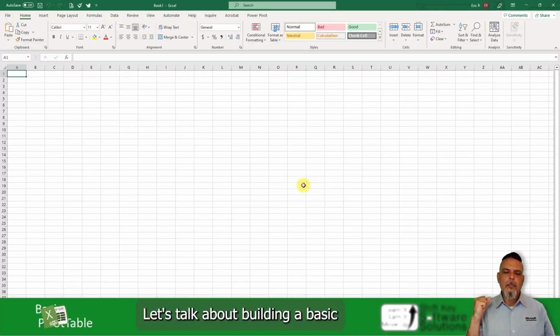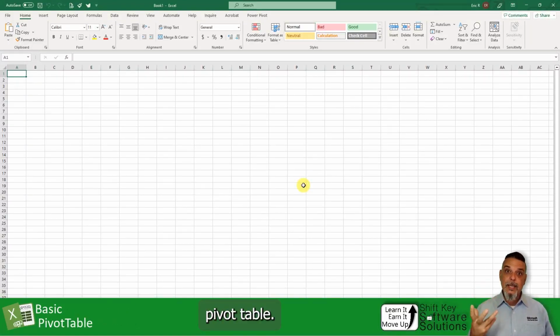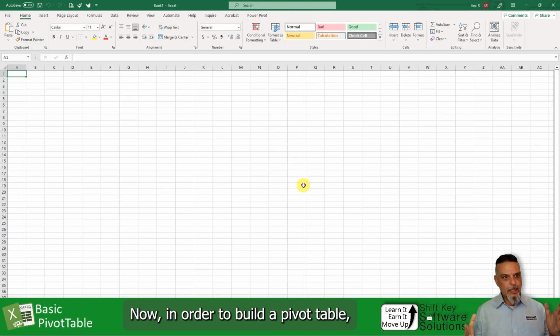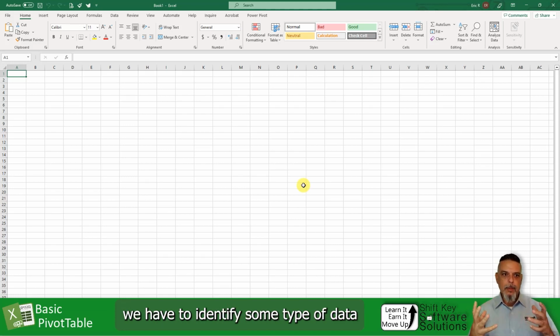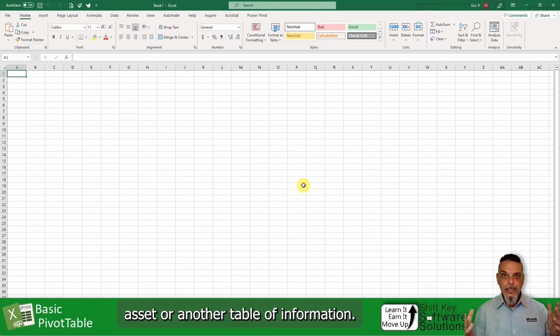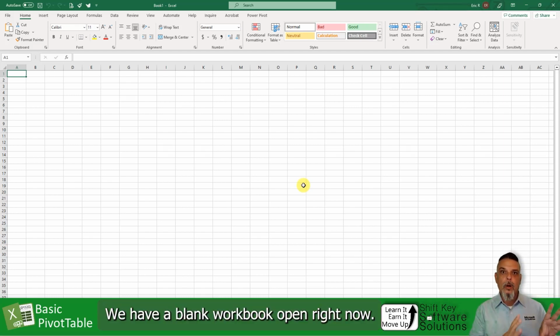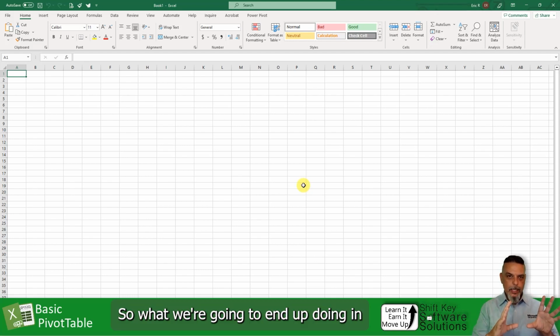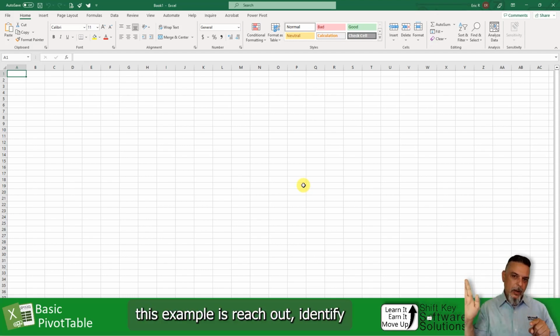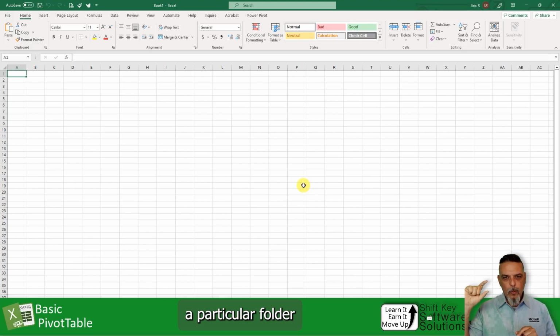Okay, let's talk about building a basic pivot table. Now, in order to build a pivot table, we have to identify some type of data set or another table of information. We have a blank workbook open right now. So what we're going to end up doing in this example is reach out, identify a particular folder that's in